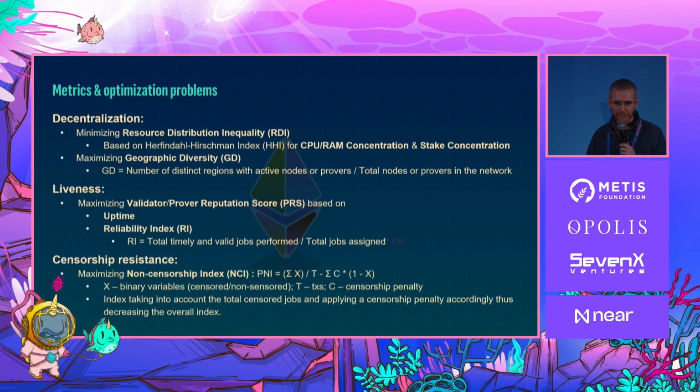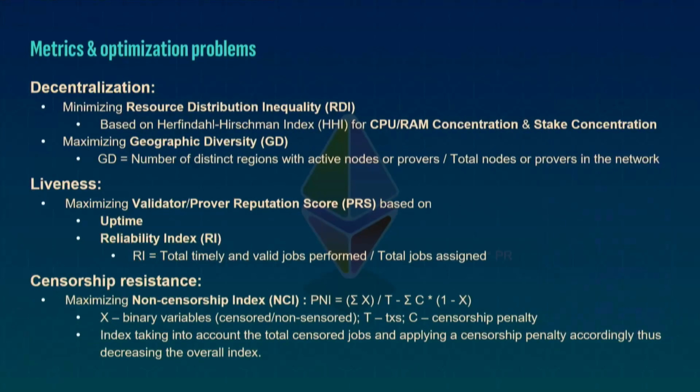Regarding liveness, I think a reputation score, either for validators or the provers they are interacting with, could be important to maximize, and uptime and a certain reliability index could be included in there. And regarding censorship resistance,